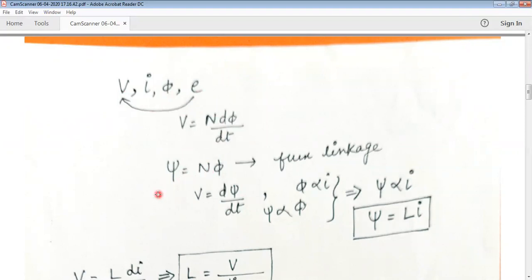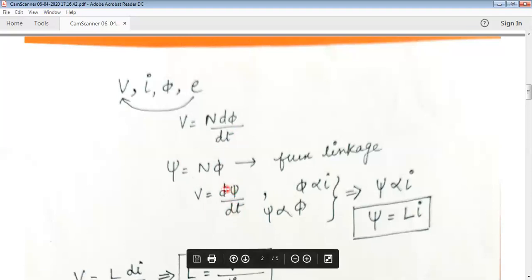If there are many turns in a coil, or many conductors placed between the magnetic poles, then there will be a flux linkage. There will not be only one flux, there will be a flux linkage. So if N turns are present in a coil, then the total flux linkage will be N phi, and that is denoted by the term xi. So flux linkage, total flux linkage, equals N phi. Now put this in place of N phi, and voltage will become d xi